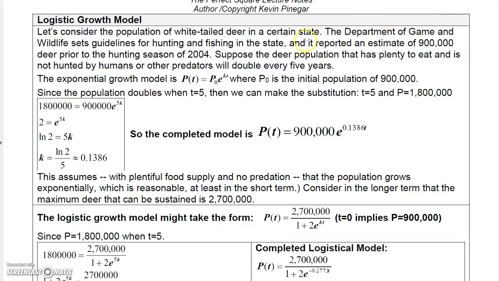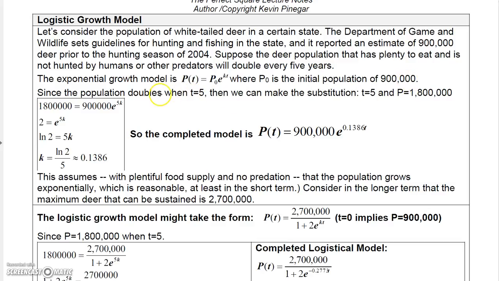The Department of Game and Wildlife sets guidelines for hunting and fishing in the state, and it's reported an estimated 900,000 deer prior to the hunting season of 2004. Suppose the deer population has plenty to eat and is not hunted by humans or other predators, and will double every 5 years. The exponential growth model is P equals P naught e to the kt,